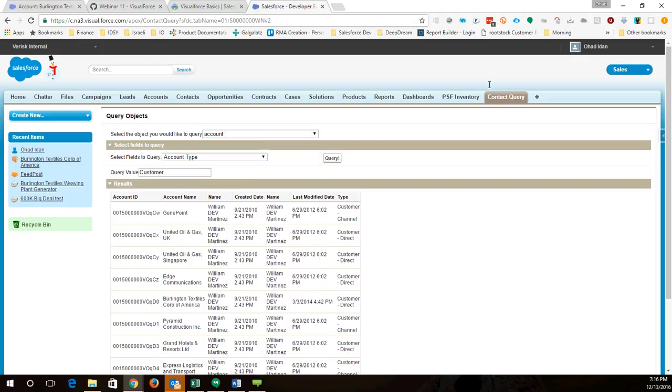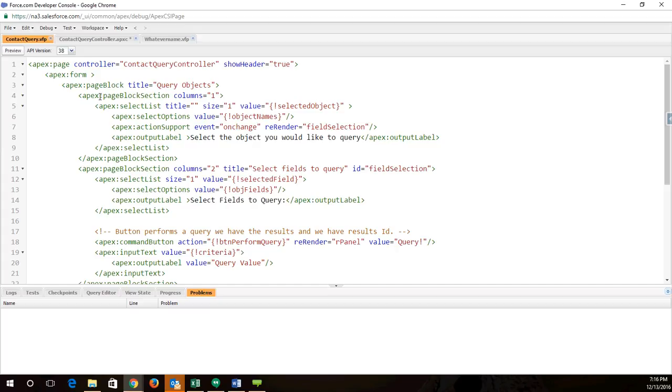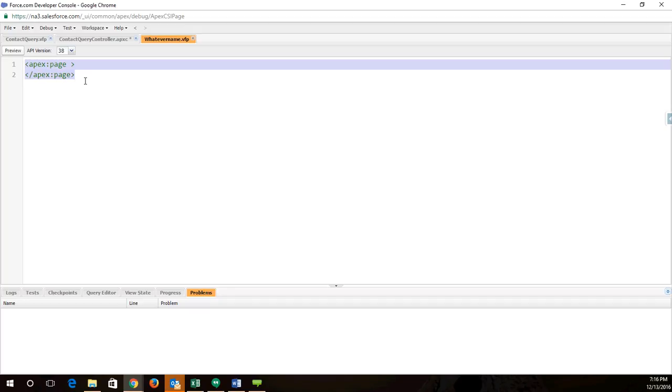So let's start to dive a little bit into our code. I'm going to start with the Visualforce page. When you build a Visualforce page, and you saw when I created a brand new one, I have here something called tags. Just like in Apex, where we have to define the beginning of a class, and then we use open and close curly brackets to show